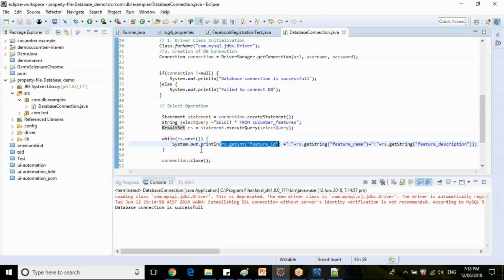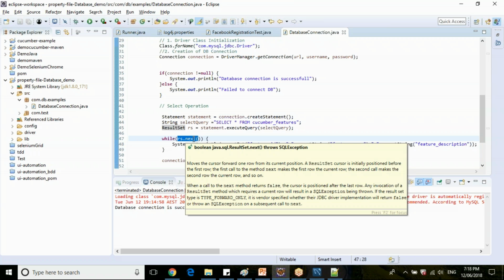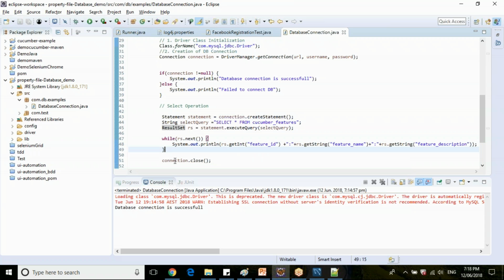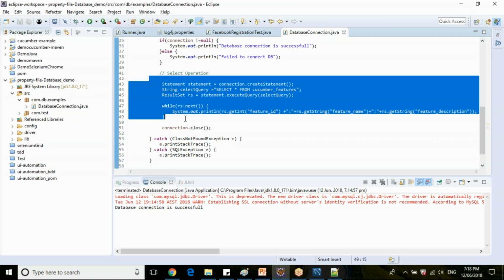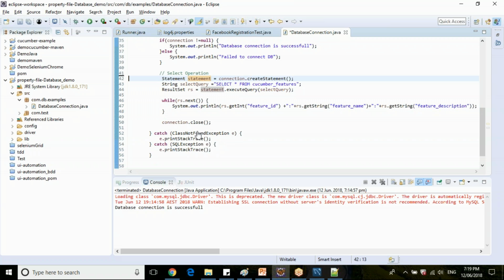So here you can see rs.next. rs.next means it is checking whether I have next row values. If next row values are not available, then it will come out of the while loop, and it will close the connection.